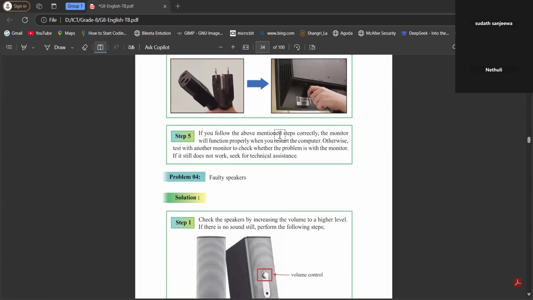Right. If the cables are okay, we have to confirm whether cables are okay by plugging these cables to another monitor. If that monitor is working, it is the problem with the monitor, not with the cable. If that monitor is not working as well, then certainly there will be a problem in the monitor cable, power supply,